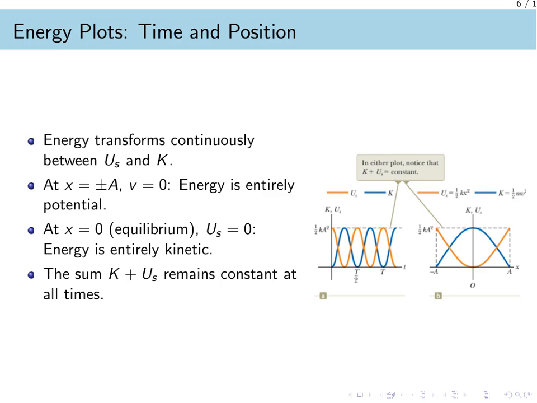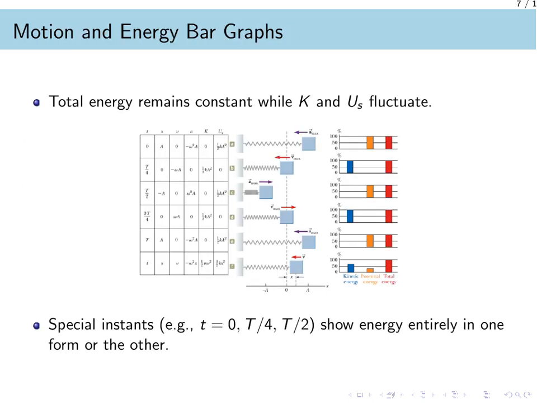The second graph plots these energies against position, showing a parabolic curve for potential energy and an inverted parabola for kinetic energy. In both representations, the sum of the two energies always remains a horizontal line, representing the constant total mechanical energy. We can further analyze these energy states using bar graphs at specific points in the motion